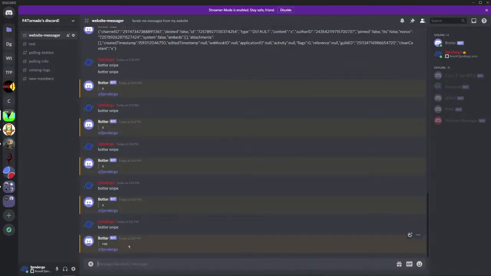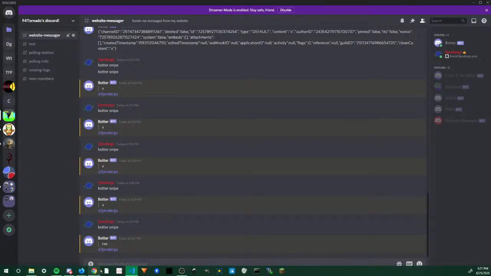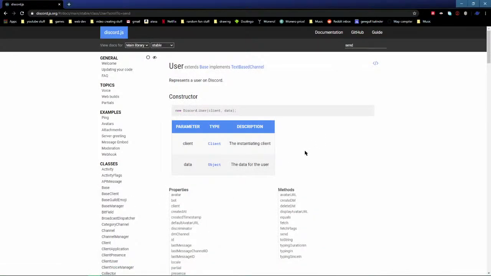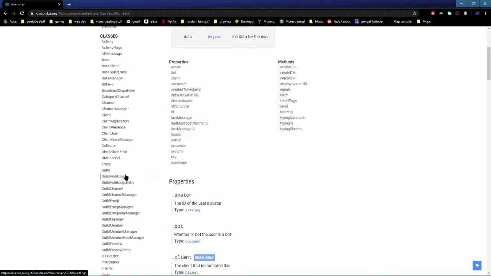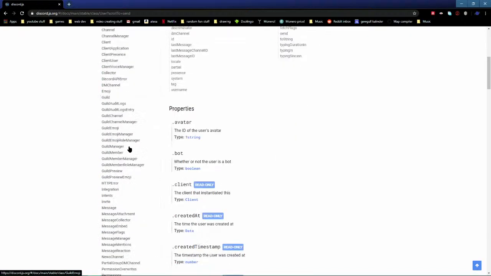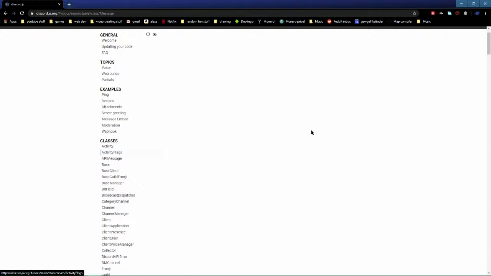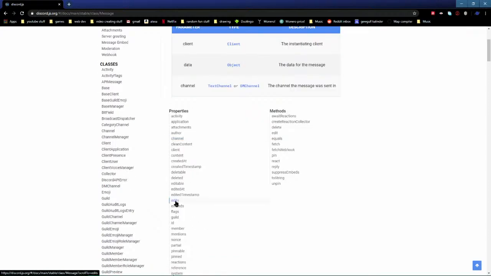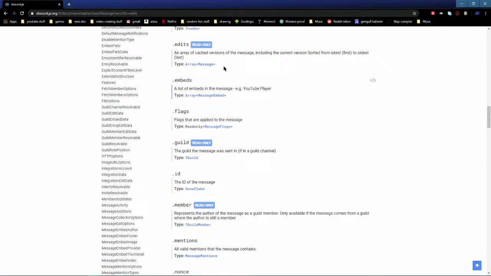And then it will send the most recent version. So that is not what we want. We want to send all of the edits. So fortunately, let's find the message in the documentation. Then you can see the edits, an array of cached versions of the message, including the current version, sorted from latest to oldest. So yeah,